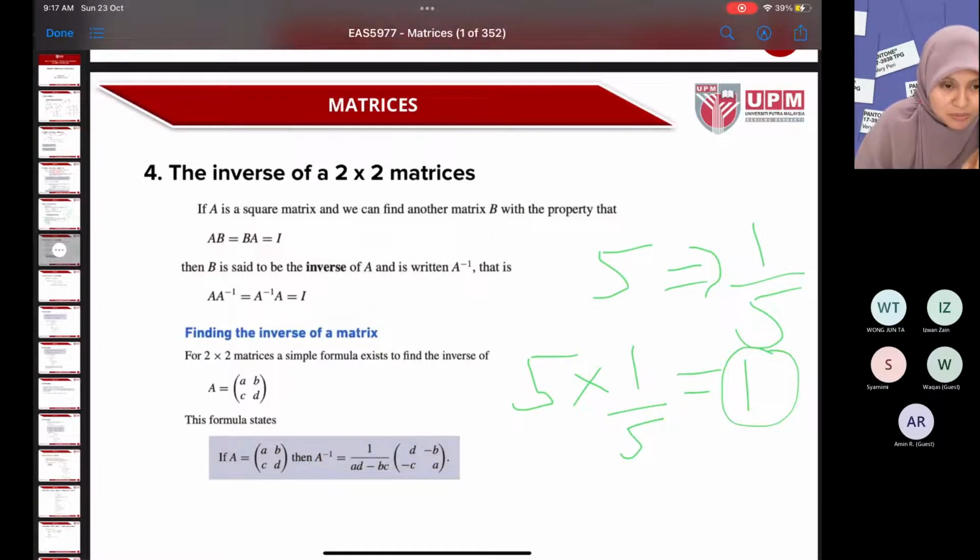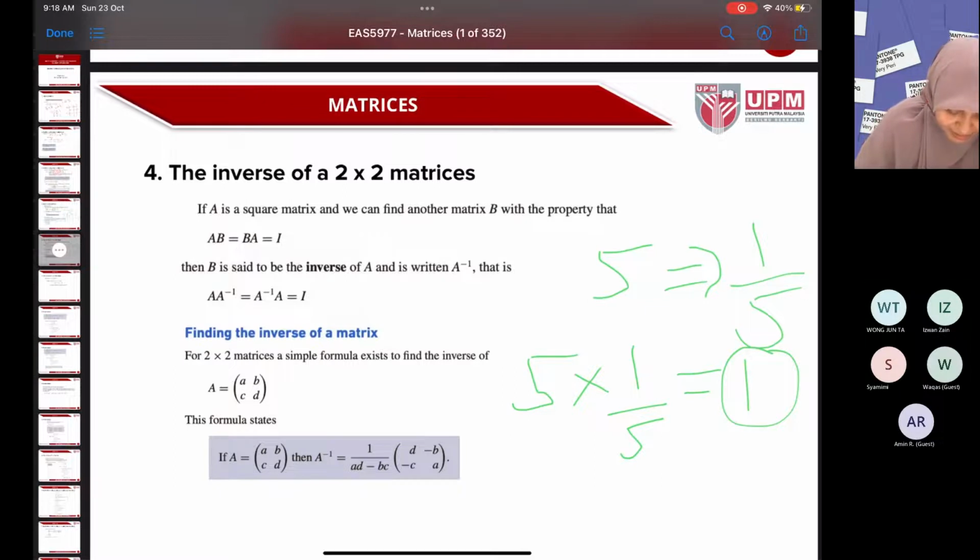So A inverse times A equals the identity. Okay, so how are we going to find the rules, I mean the steps of calculation, to find the inverse of a matrix? For example, for a 2 times 2 matrix, a simple formula exists. We have A, B, C, D. So the formula to find the inverse of the matrix A